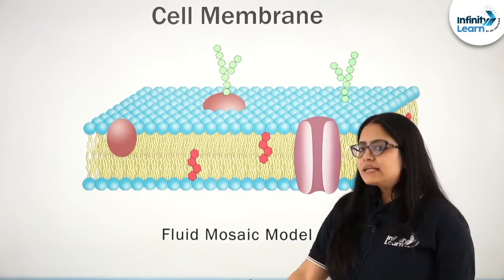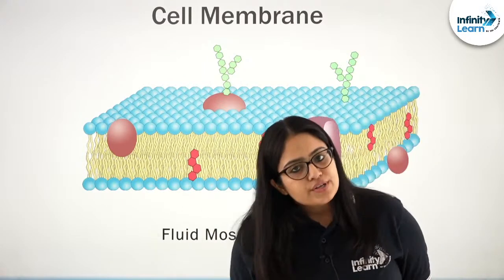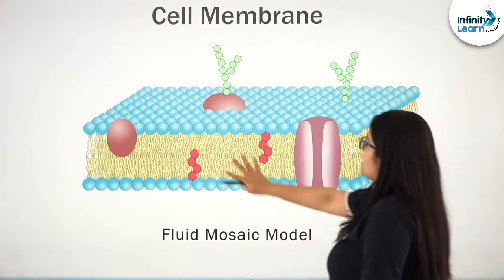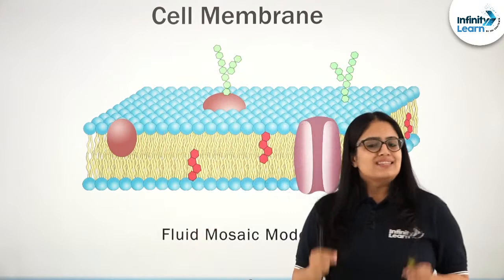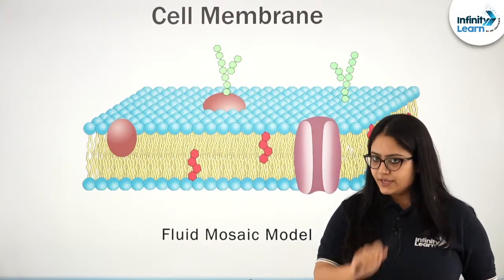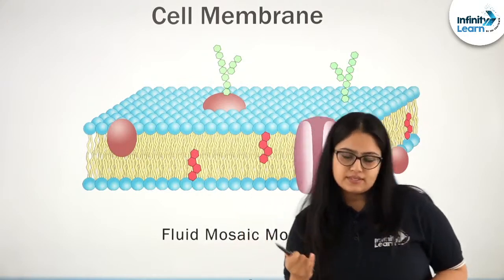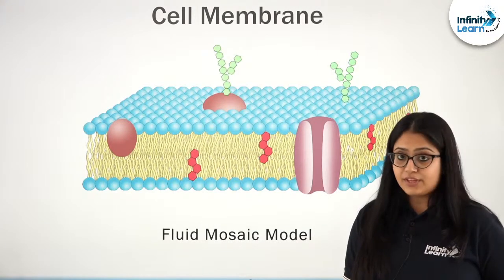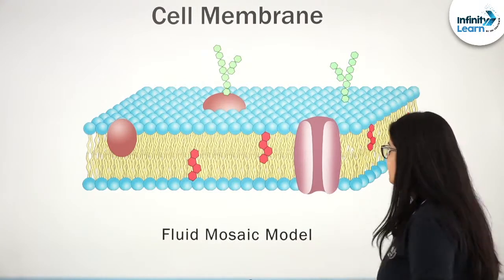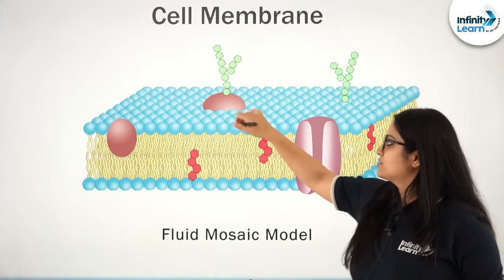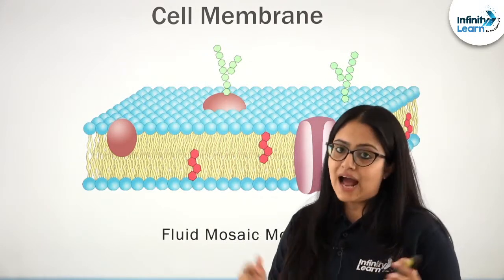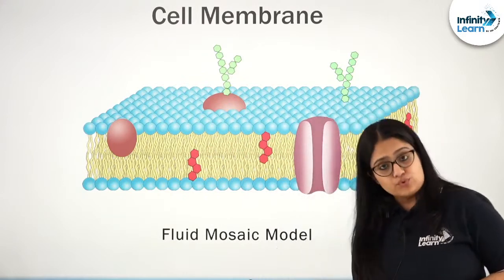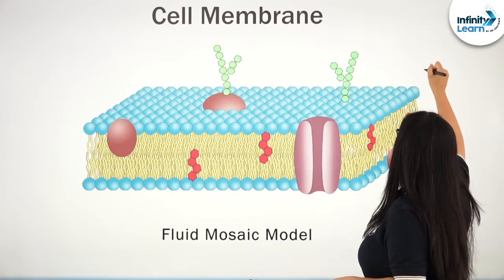Now let us see what the components of this cell membrane are. Observe carefully. If I talk about the major components of cell membrane, the major components are lipids and proteins. So, where are the lipids and proteins in this diagram? Can you identify? Very simple. These blue globular structures that you can see are part of lipids, and these brown structures that you can see are proteins. See here students, these are lipid